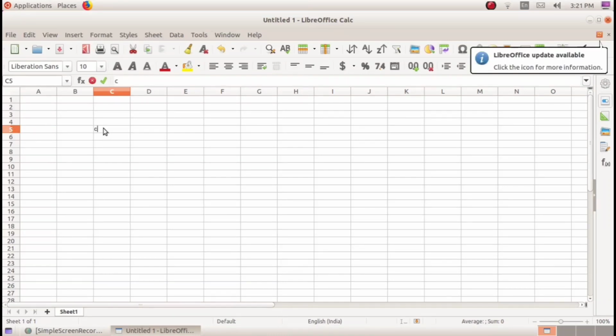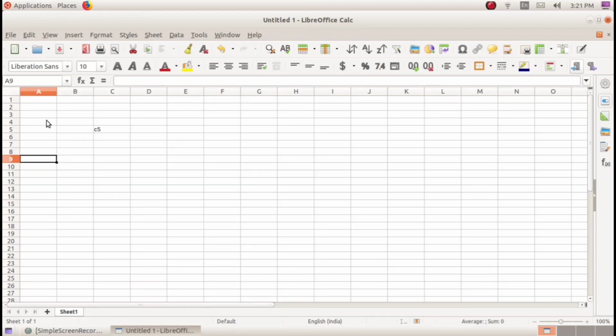The cell address of this cell is C6. The same way we can type the cell address of this cell, A9, and another cell address we can type, we can click here, it is the D column and second row.